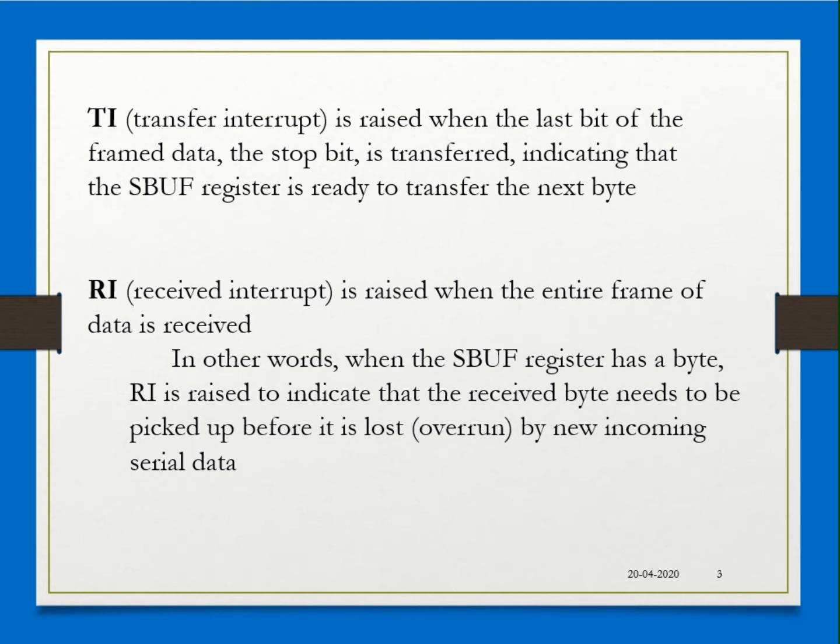Okay, so that has to be read by the microcontroller and saved to some location or sent to some port depending on the application. Otherwise, what happens if the data is not received or saved? The new byte of data would come and sit in the SBUF register, overwriting the previous one, that is, you may lose the previous data if you have not received or saved it. So that is the role of the TI and RI flags in serial communication.